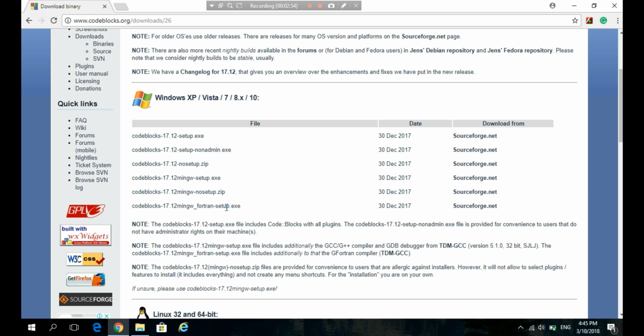So the easiest option is MinGW. You can find it as the fourth option. MinGW is a compiler which is used to run the program. If you are running a C or C++ program, you need a compiler to compile it, otherwise your program will not run. The others are incomplete. If you don't need any extra thing, you just need to download this. It will come with the compiler, so you don't need to download any compiler externally. You will get the complete package. So just click on this option,